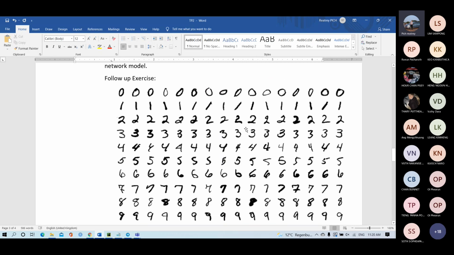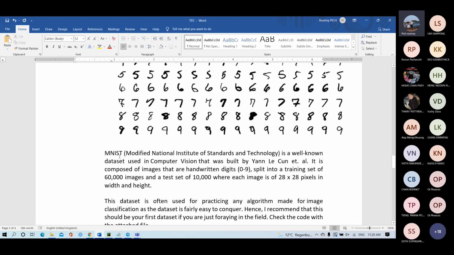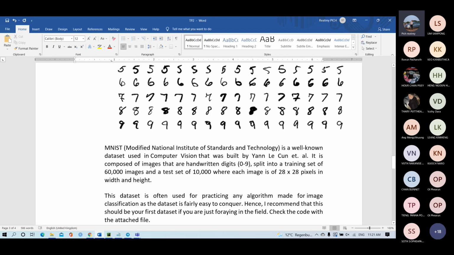In our practice case, we have one data set we call MNIST, a modified National Institute of Standards and Technology data set. It's a well-known data set where people used handwriting to write letters, and after that they made a segmentation to find the sample of data. They say there are only 50,000 images, but when you execute the code, you will see 60,000 and then 10,000 as a testing set.